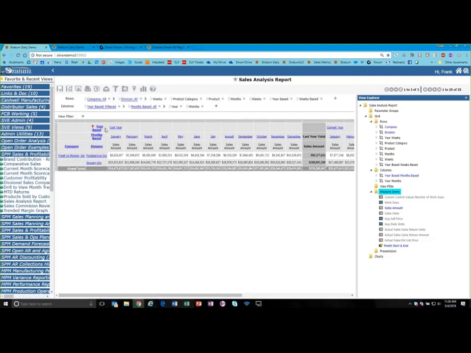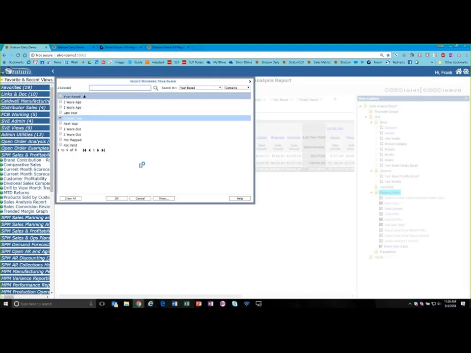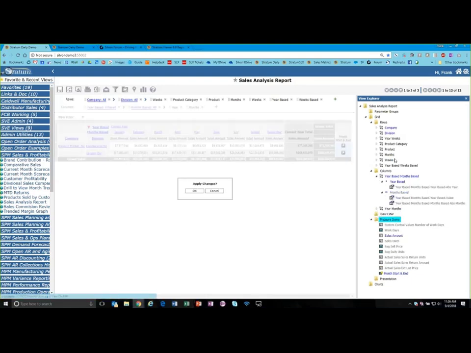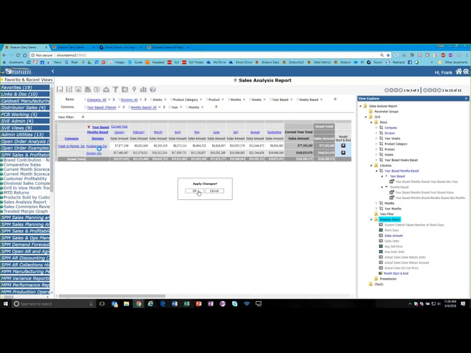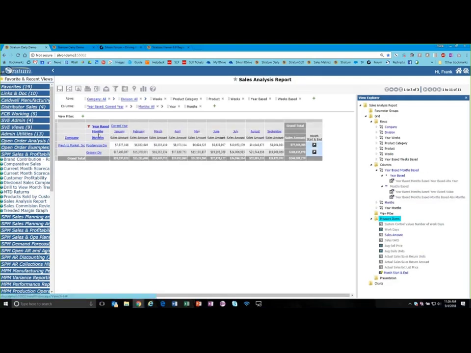So how can I get around this? Well, it's pretty easy. I'm going to go back up here and change this back to current year. Because I know these months are specific to the year I'm looking at, I'm actually going to go ahead and hide those months. Then I'm going to use this months right here. You can use month, days, weeks, whatever, but I'm going to drag that and drop it on here, so it's the next thing in the list. So now when I drill down for a current year, you're not going to see any difference. It says January going across there. The only difference technically is what that heading said right there. But